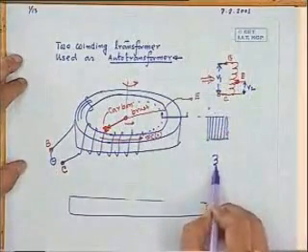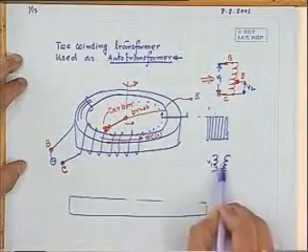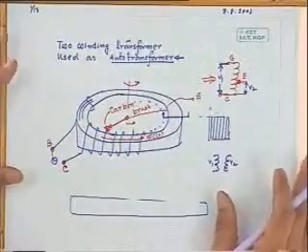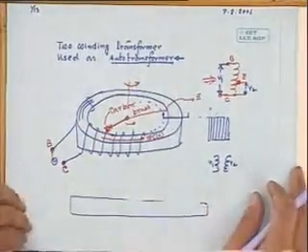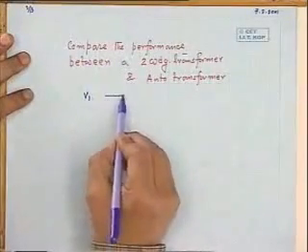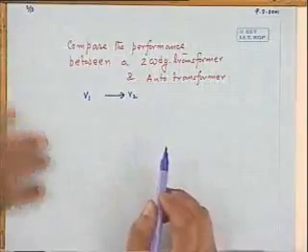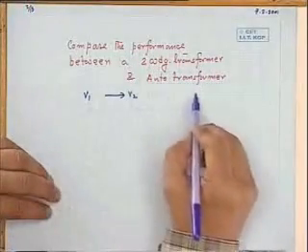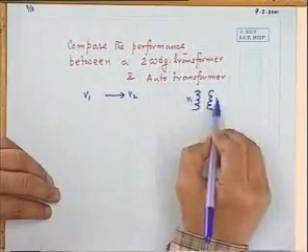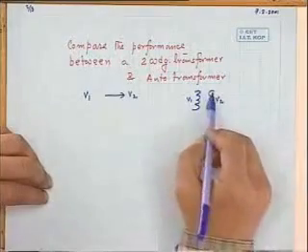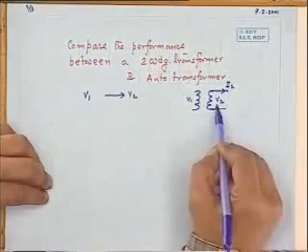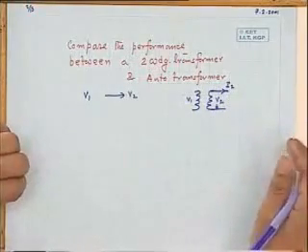Now, the same thing I could also do by using a two winding transformer, V1 to V2. When you compare two things, they must be brought to the same level. Then you start comparing. That is, the problem is I want to convert a V1 single phase voltage to a V2 voltage, and that I can do by using a two winding transformer. That is, V1 is the input voltage, V2 is the output voltage. And also the kVA rating I must specify. That is, in the output the kVA will be V2 I2 that I want to get.